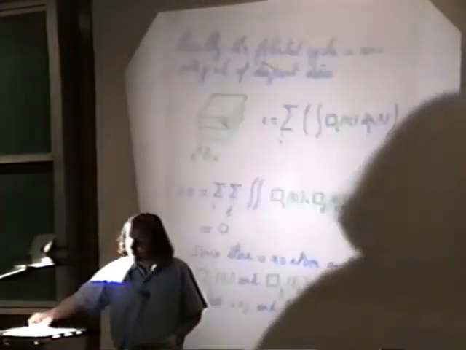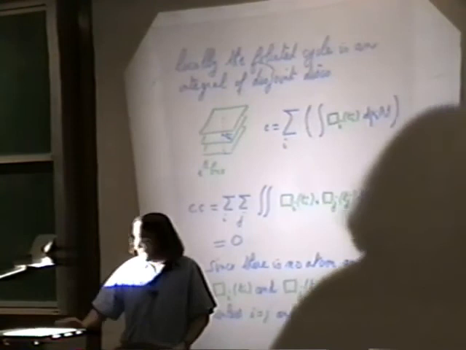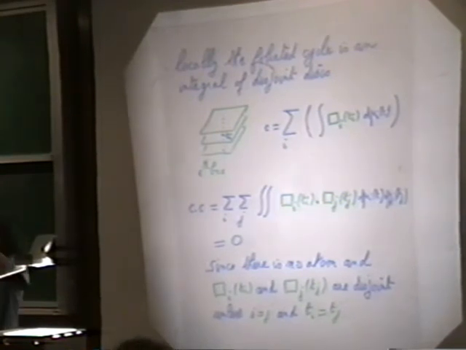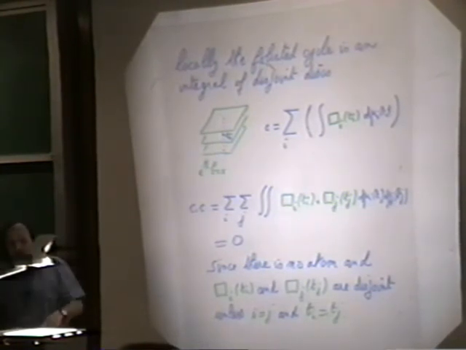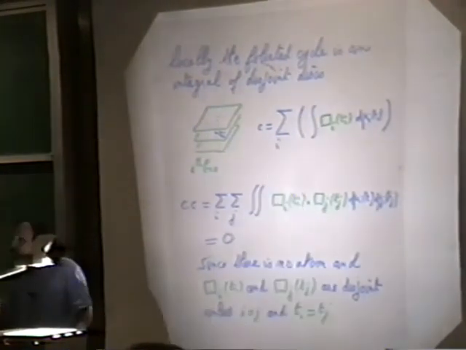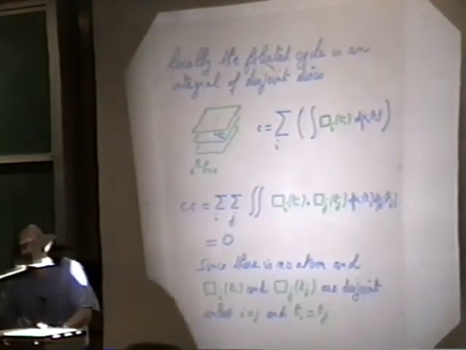So, if you look locally, this is not proof, this is a sketch of proof. If you look at our foliation cycle, well, locally it looks like an integration of currents of integration on disks, or squares in that case, along a transverse measure. So I can write my current, or my cycle, or whatever, my foliation cycle, C, can be written as a sum